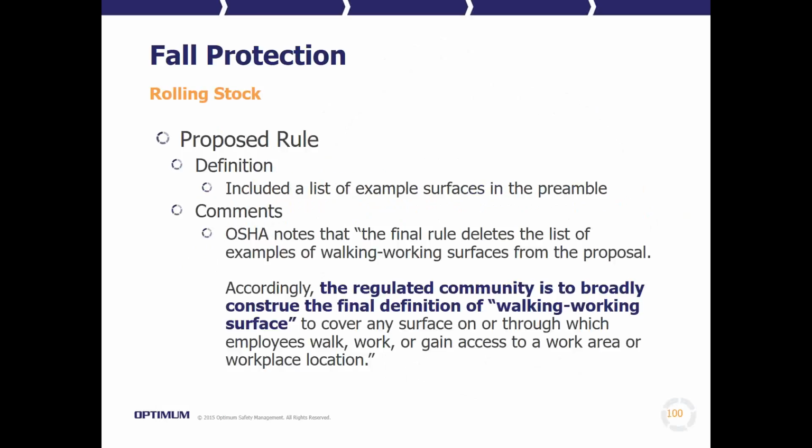Now, Drew and I, and Drew much more than I have, we've actually been studying the preamble for this standard, and it's about, what, Drew, 650 pages, somewhere in that area? In that neighborhood. It's a pretty extensive preamble, and as we've dove into that and really tried to dissect it and understand it,